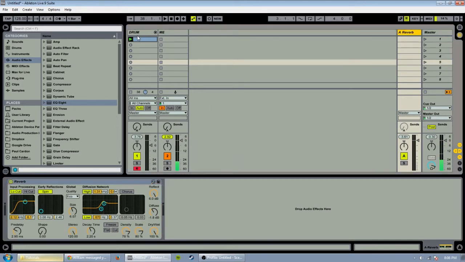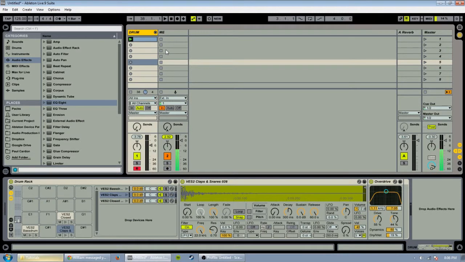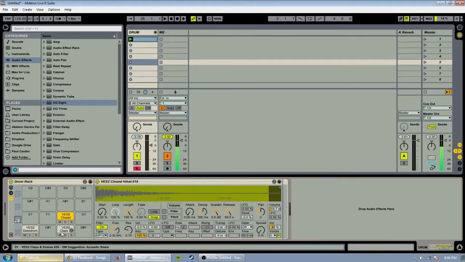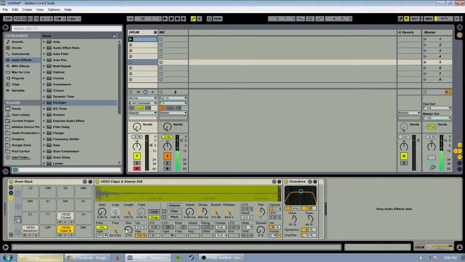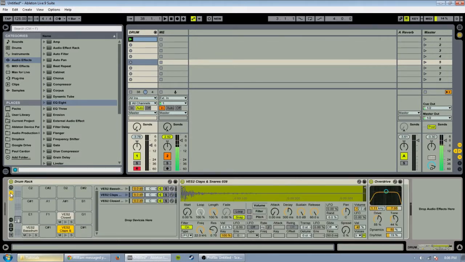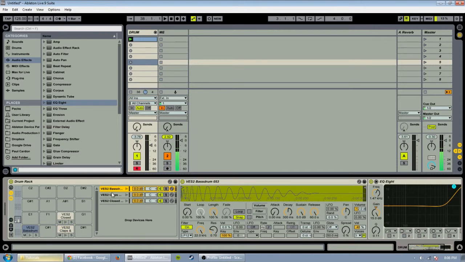And yeah, the reason why I went into that little spiel with the sends and returns up here is that there is a send and return section that you can set up internally in the Drum Rack. So normally your track looks like this. You have your drum rack slots and your devices within the slot over here. But there's also some other things you can, what is it called? It's called chain list. Okay. So if you open up the chain list, then you can see